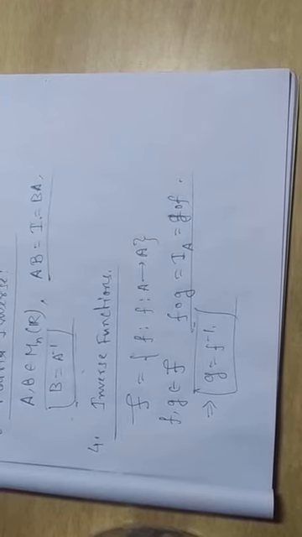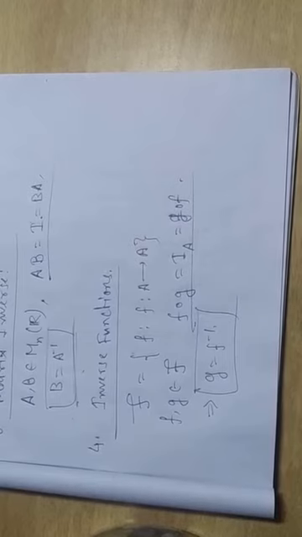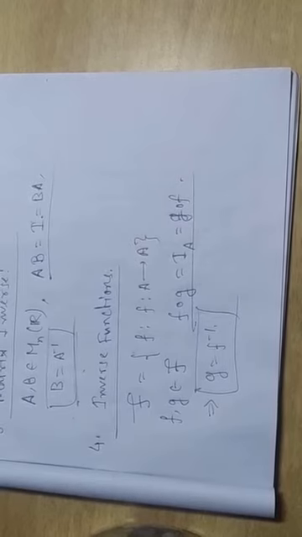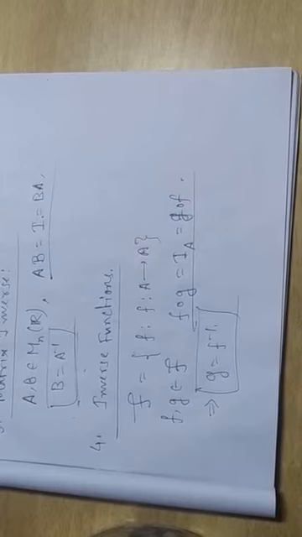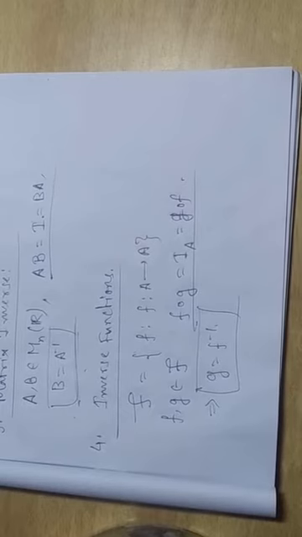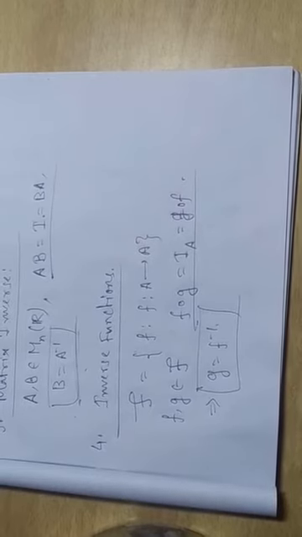So these are some interesting examples in case of inverse elements. If the inverse for each element exists, then we can say the operation is invertible for each element. Otherwise it will be invertible for only particular elements.